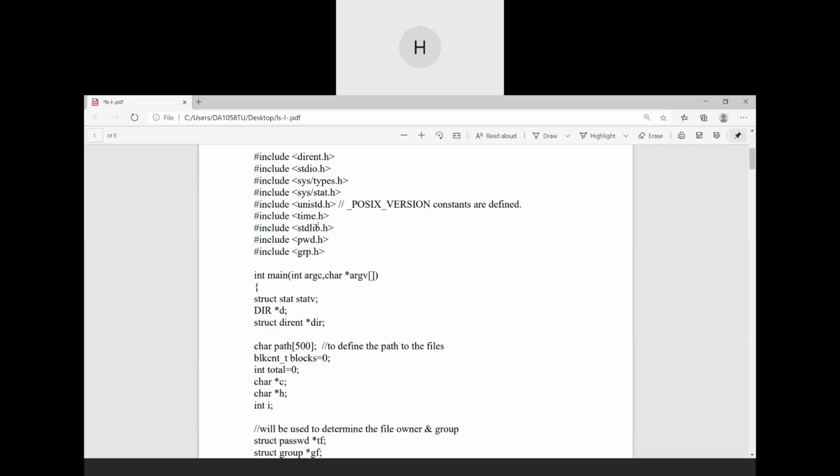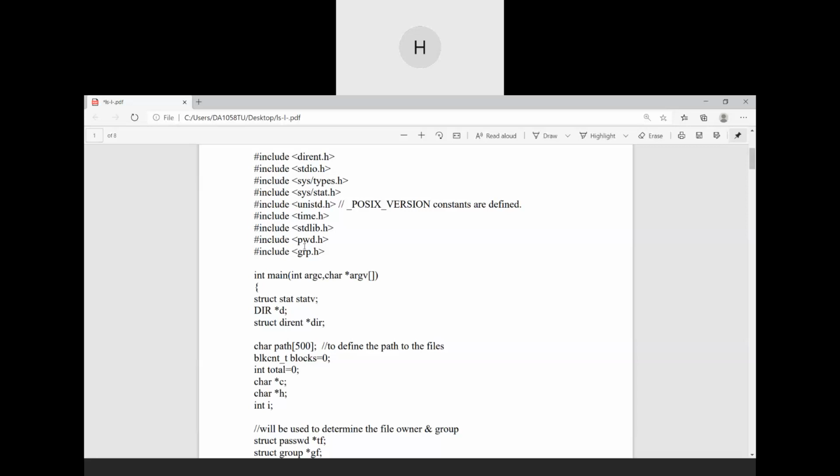The timespec structure is also defined here. stdlib.h is being used here as the exit failure and exit success constants, the macros, are defined in it.